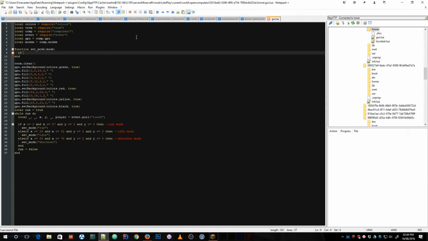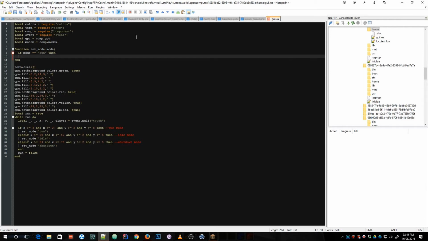So if mode equals run, then modem broadcast, and I think if I recall correctly, it was port 2 for